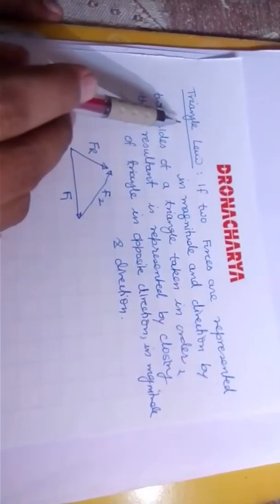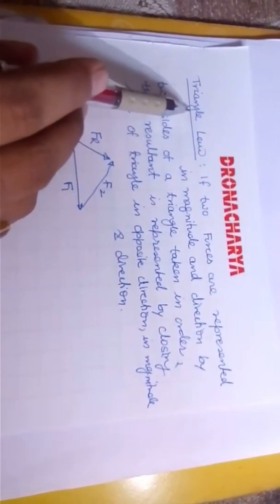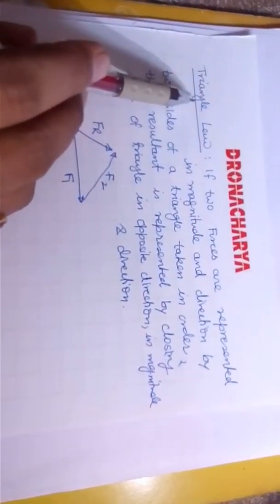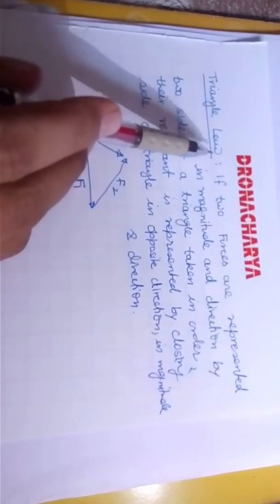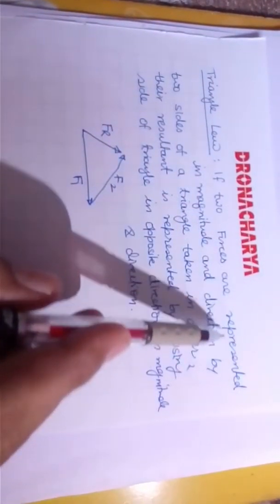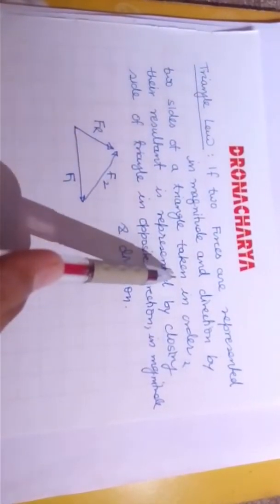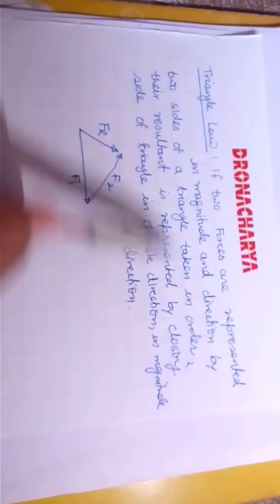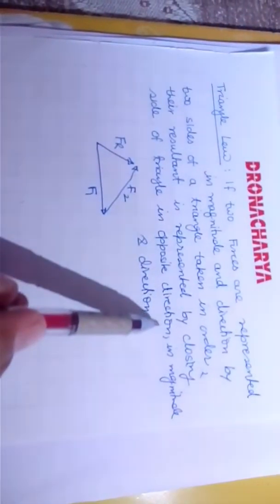Let us understand graphical method to add forces. The first method we have already discussed in the earlier video, that is law of parallelogram. The extension of law of parallelogram is triangular law. Triangular law of addition says if two forces are represented in the magnitude and direction by two sides of the triangle taken in order, then their resultant is represented by the closing side of the triangle in the opposite direction